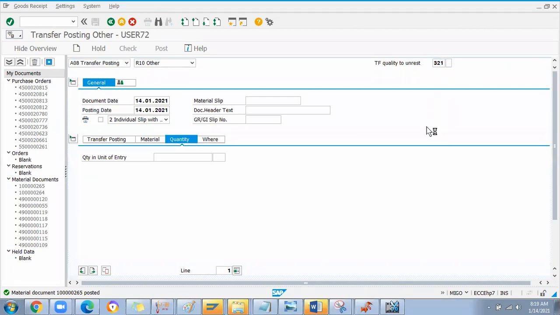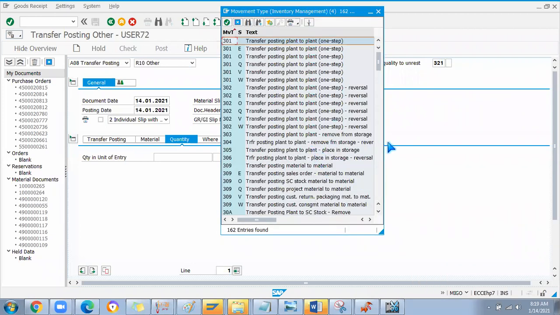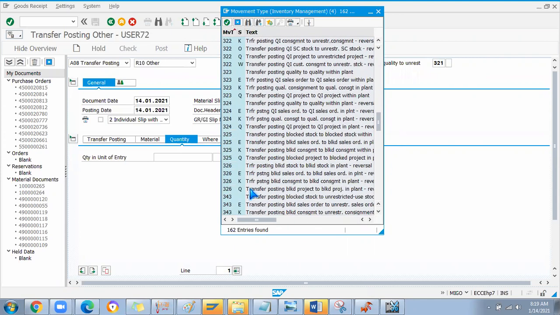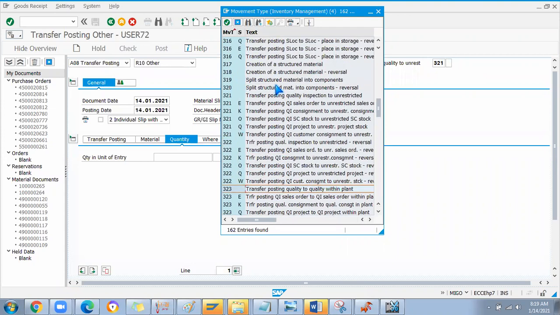Let me check how to move the stock to blocked stock. I'll just expand this. 320, where is that? Transfer posting 321 restricted use.